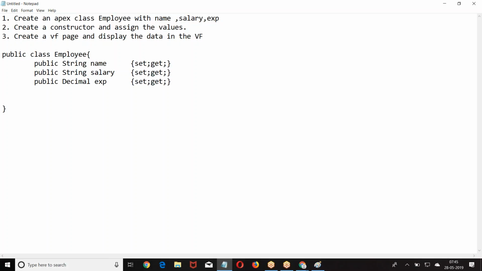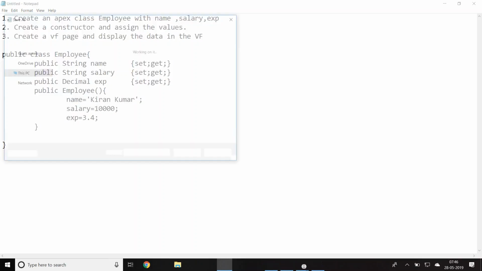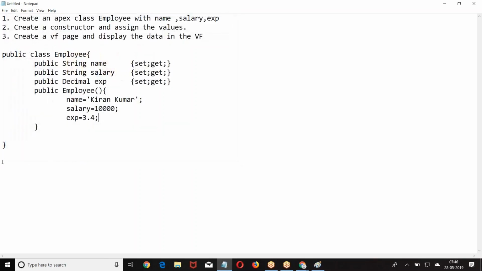then define the constructor, public employee. Then what are we supposed to do?